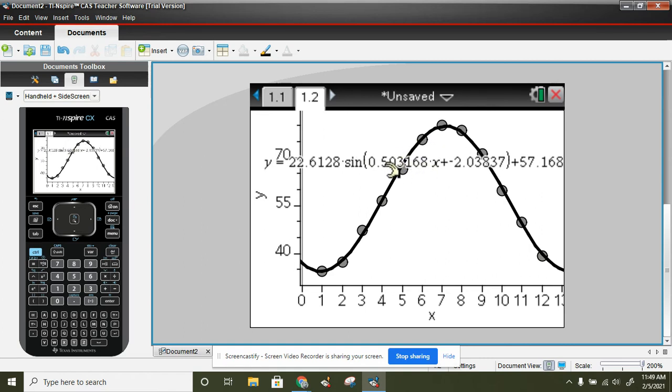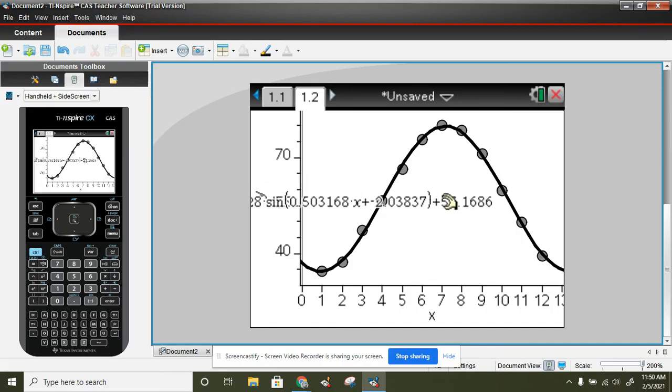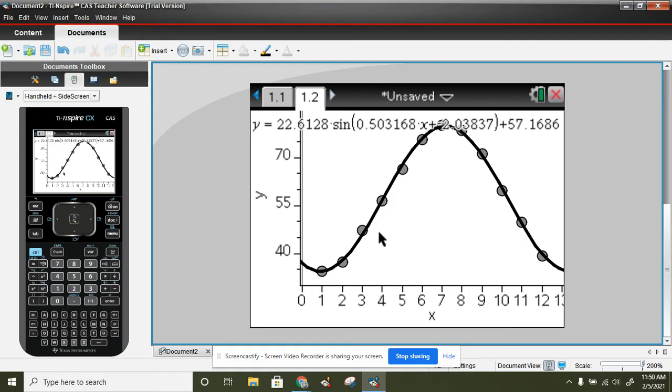We have our scale factor here for the horizontal. This would be a horizontal stretch, because we have a B value of about 0.5. We have a C value of negative 2.03. So what they're doing with this sine wave is, where's our D value here? 57.168. So it's hard to see all of this at once over the inlay of the graph,